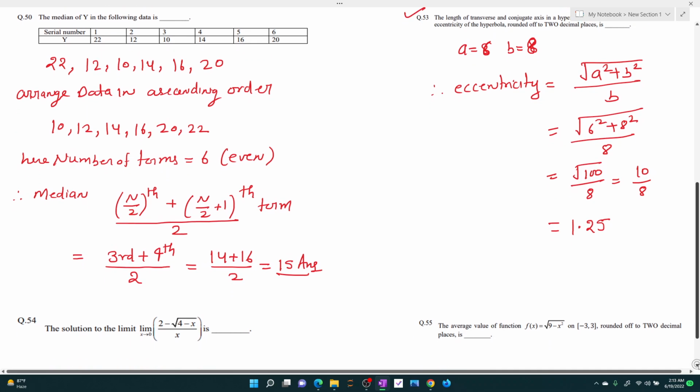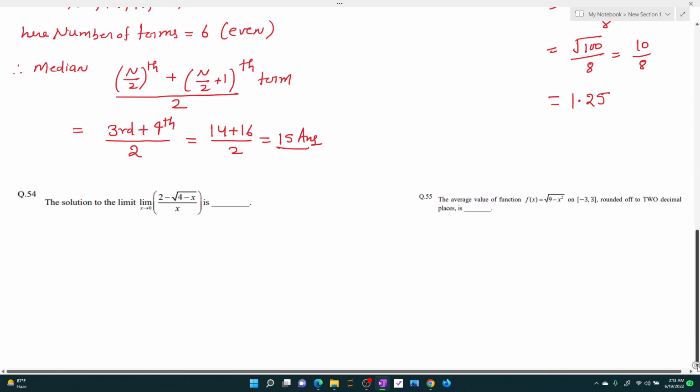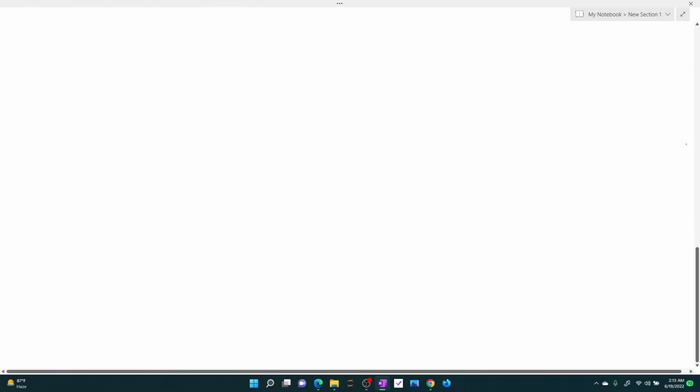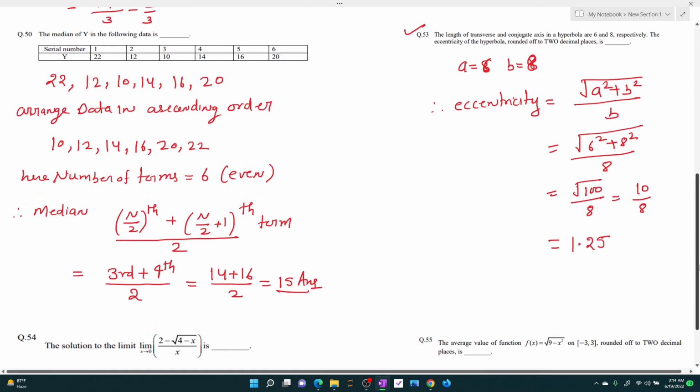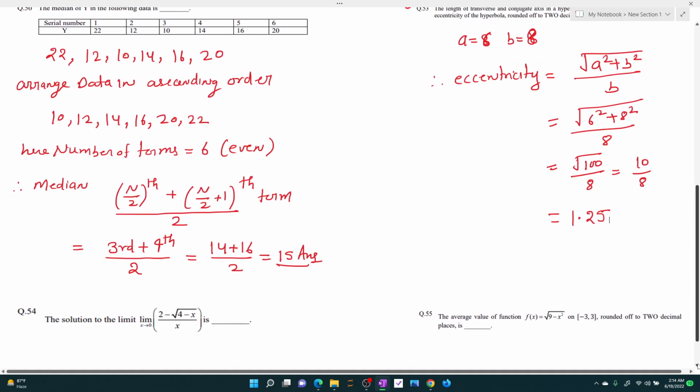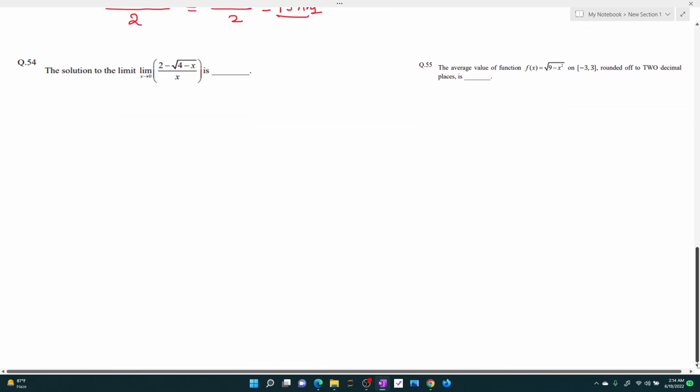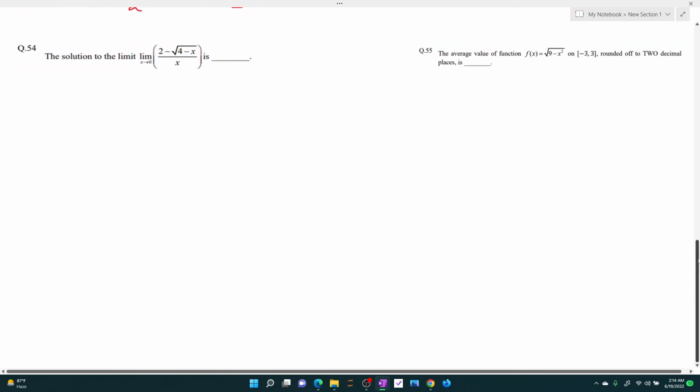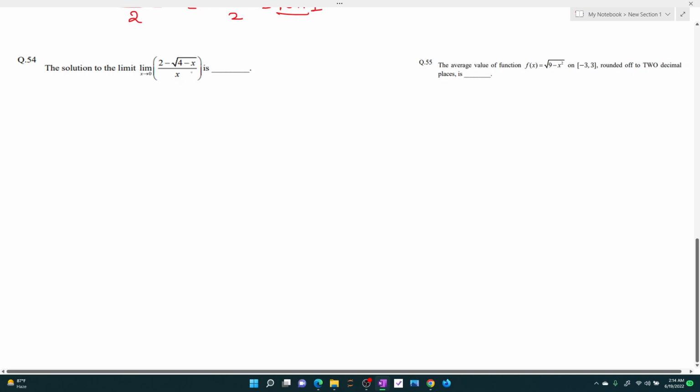Now let's go to the next set of questions. That is question number 54 and question number 55. Okay, so let's see question number 54. It says the solution to the limit x approaches 0, 2 minus square root of 4 minus x upon x is. Okay, let's see the limit